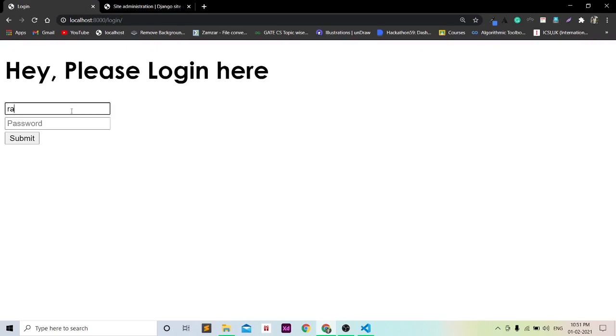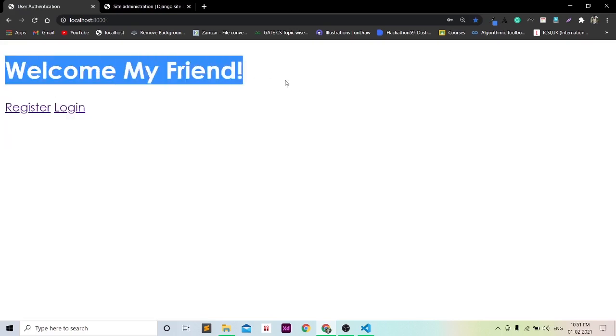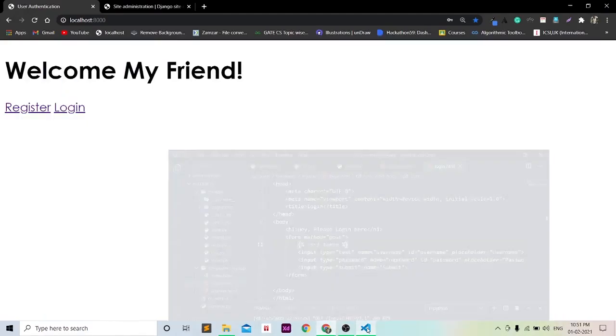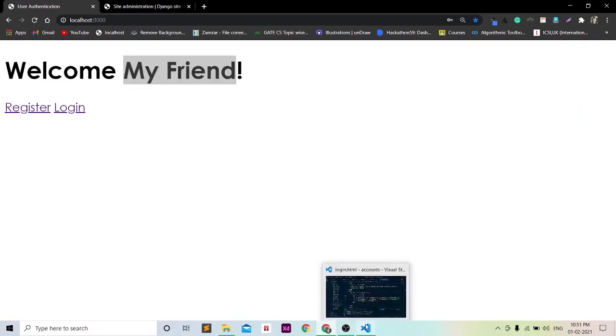We will log in with Ravindra, password was 123. Let's hit submit. Yes, boom guys, login was successful. Okay, now we have registered and login is there. Now what we actually want is, when the user is logged in, to show their name in place of my friend.